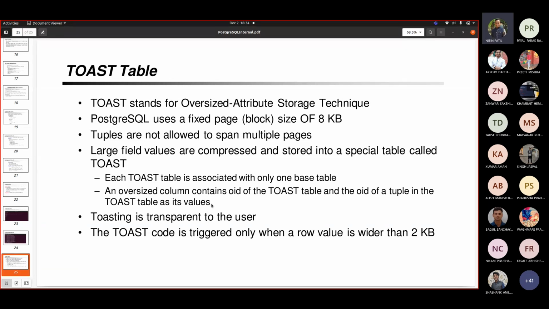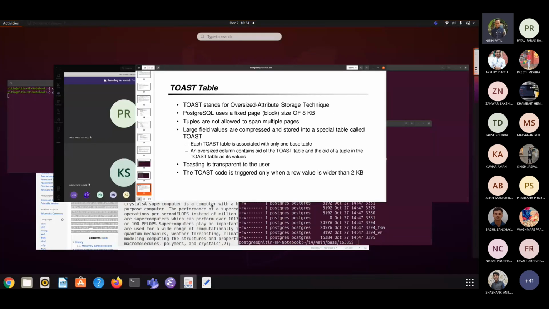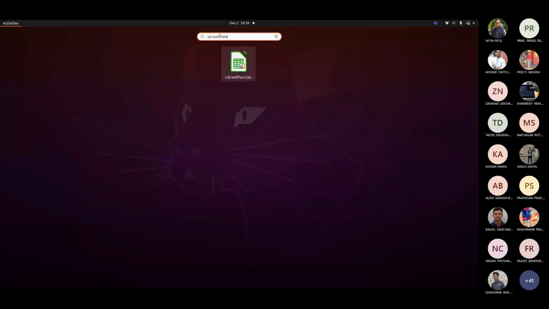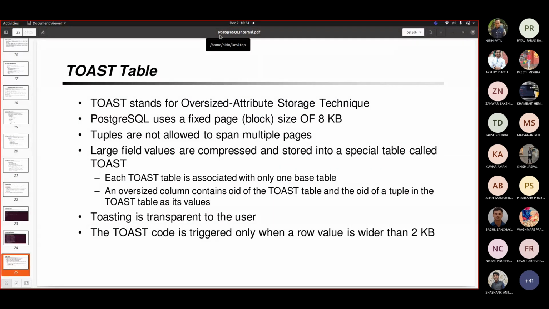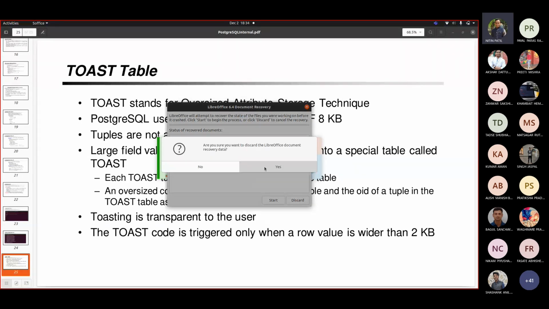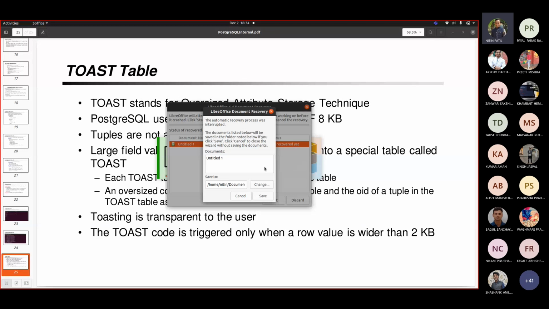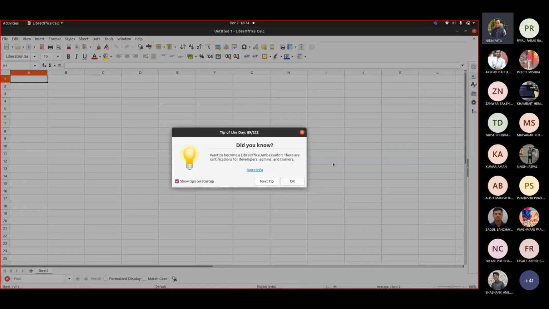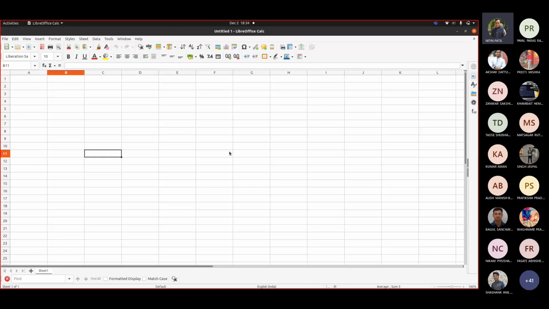That means what it is like. Let me make use of a spreadsheet here to show you this. Now assume that you have, say, 5 records. I'm saying 5, but it could be some millions or billions. Suppose I have that much bigger data. With respect to every column, we have taken the column type of one of the columns to be text.